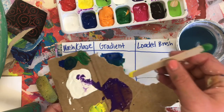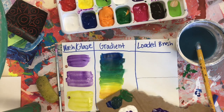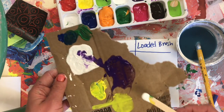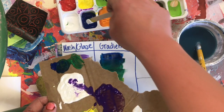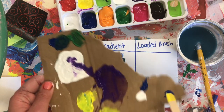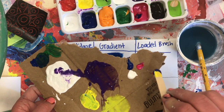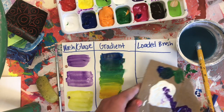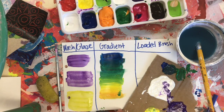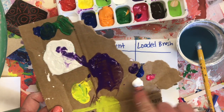So for this one, I am going to be using some white. So I should have gotten more popsicle sticks. You guys remember, one per color for you guys. You're a better example than me. Okay, and then I'm going to dip in a little blue. I'm going to use some of this magenta. Oh, look, I just got that dirty. I'm such an awful example. All right. So now I have my 4 colors that I'm going to use for this first loaded